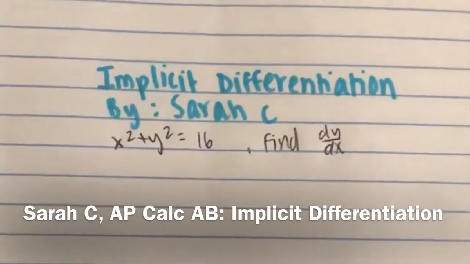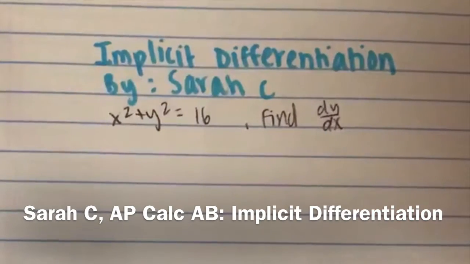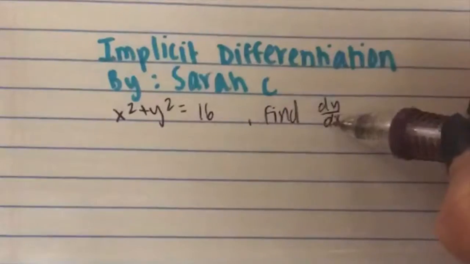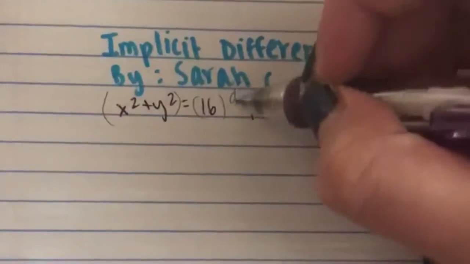My name is Sarah C., and I'm going to be taking you through the process of implicit differentiation. For our first problem, we have x squared plus y squared is equal to 16. Find dy over dx. For our first step, we are going to derive both sides of the equation in terms